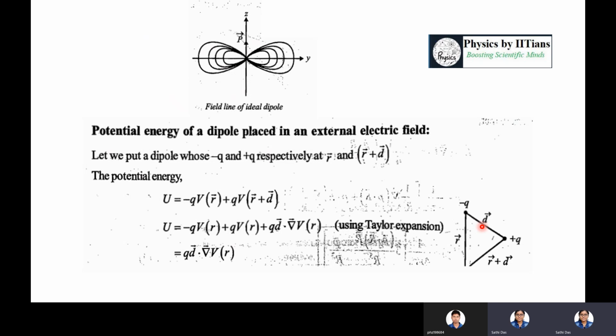Okay. So what will be the potential energy of a dipole if an external electric field is applied? Suppose there is a hydrogen atom and you are going to connect a battery, or you are going to give some external electric field. So it has a permanent dipole. Whenever there is an external field, the potential of the dipole will be modified. So what will that be? That is U equals minus Q into V of R plus Q into V of R plus d, and it will be Qd grad V of R.